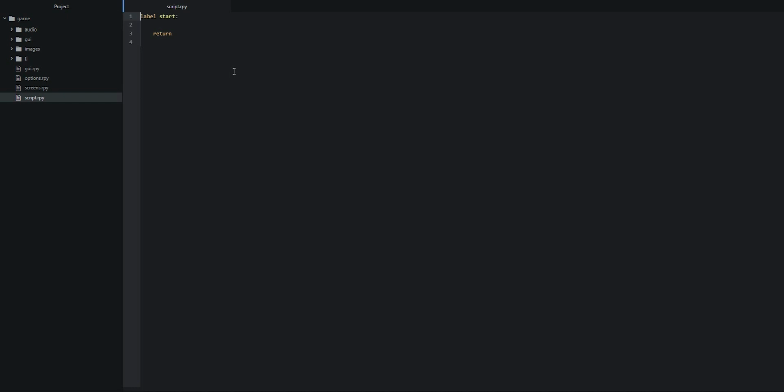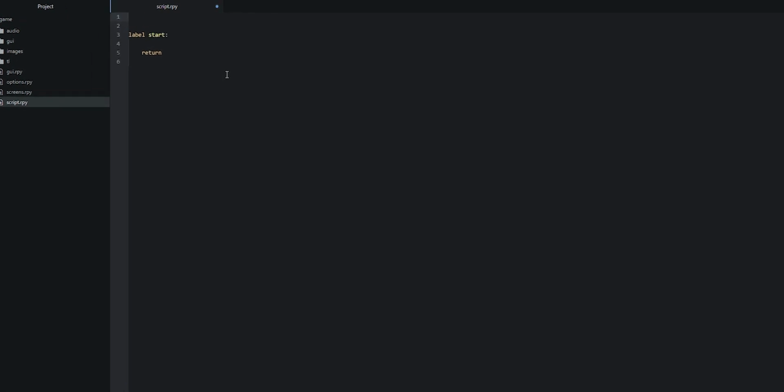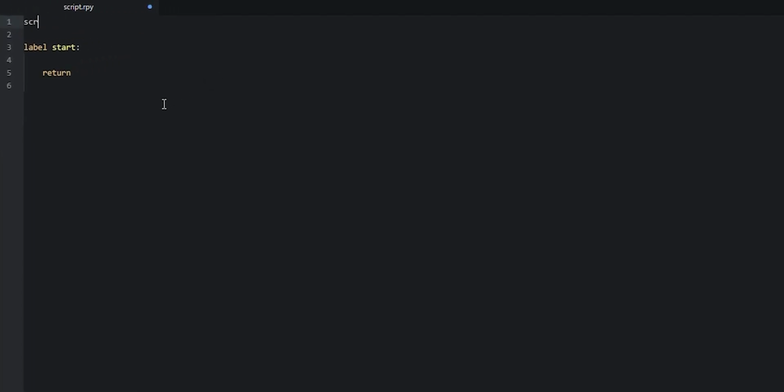So I'm going to create a few of the lines above here. And then we're going to say screen. And I'm going to call this screen scene 1. But you can of course call it whatever you want. And then we're going to add the background image. So we're going to say image and then